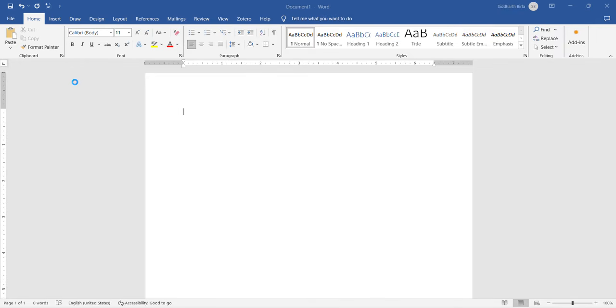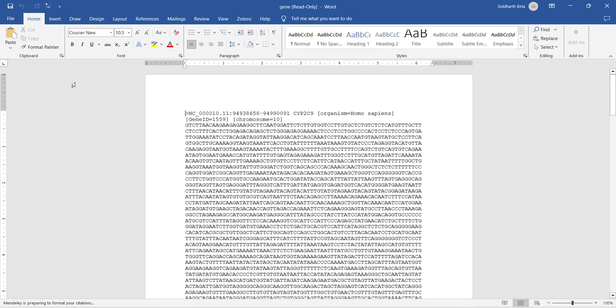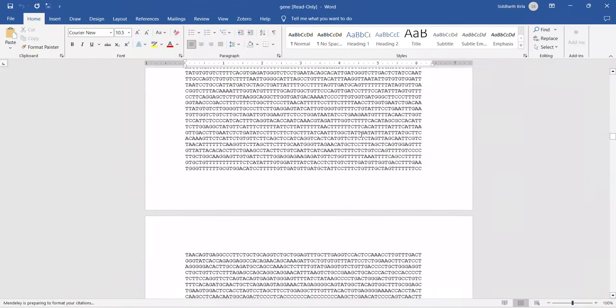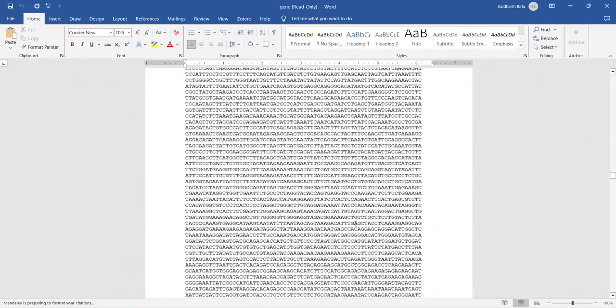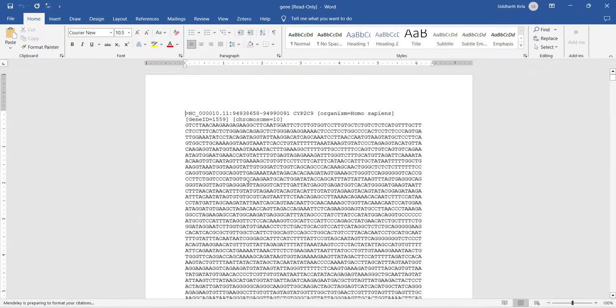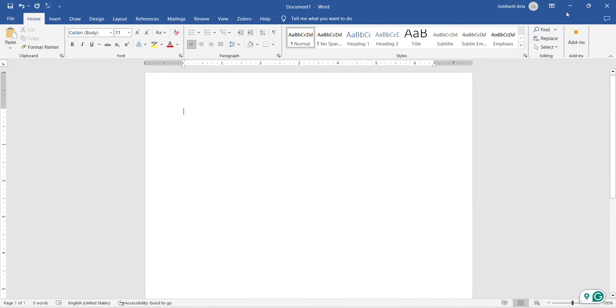As I open it, I'll get the complete gene sequence of CYP2C9 with all the other details, gene ID, chromosome number, everything. So you can see it is quite big actually. So first part is done. I'll just keep it as such. I'll minimize this. Now I'll go to